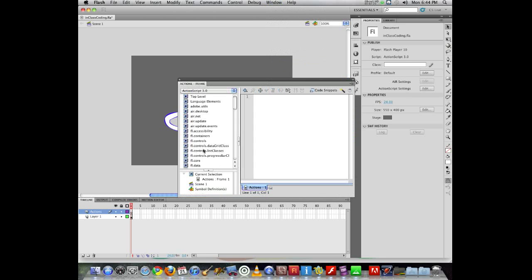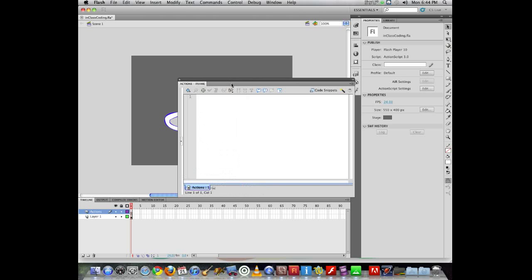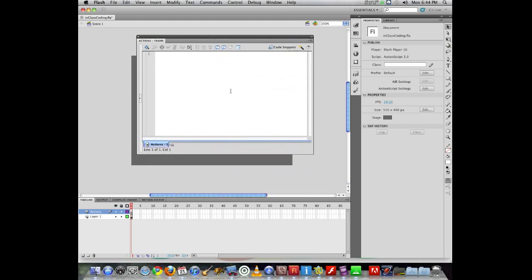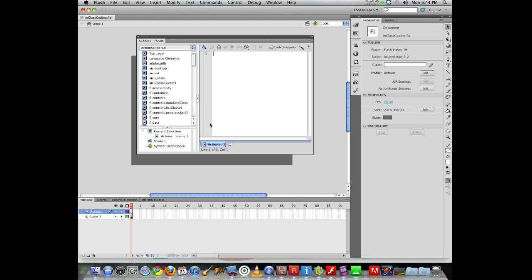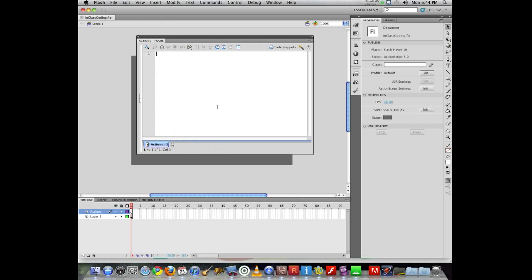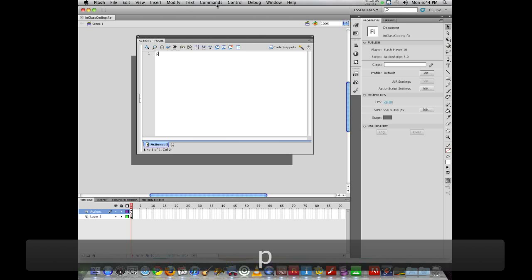When you first pull it up, it probably looks something like this, where you have the left-hand column showing you all of the top-level classes. We don't need that for the purposes of what we're doing. We just need to pull it up. So I can collapse that column by clicking on the little triangle. That gets rid of it. Now it's waiting for me to type some code. So what I could do very easily is I could just say plate dot x equals,